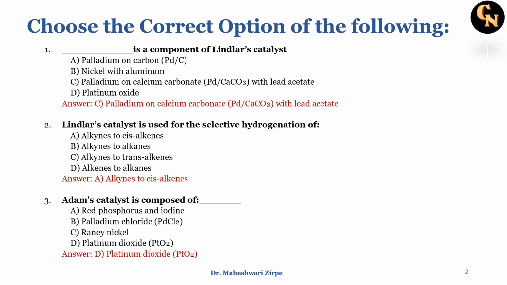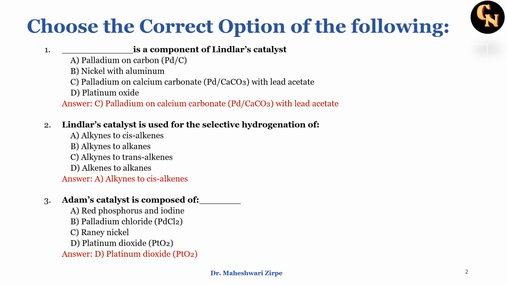As we all know, Lindlar's catalyst is nothing but palladium coated on calcium carbonate. The next one: Lindlar catalyst is used for selective hydrogenation of, the options given are alkyne to cis alkene, alkynes to alkanes, alkynes to trans alkenes, and alkenes to alkanes. So the correct option is A, that is alkyne to cis alkene, because as we all know Lindlar's catalyst